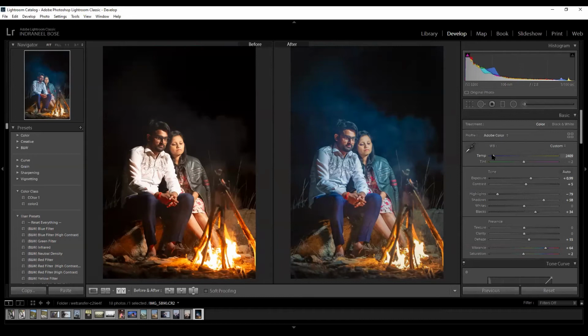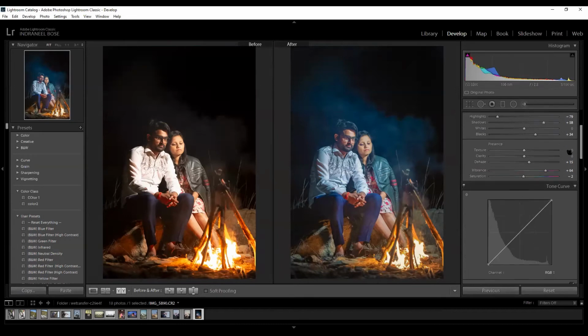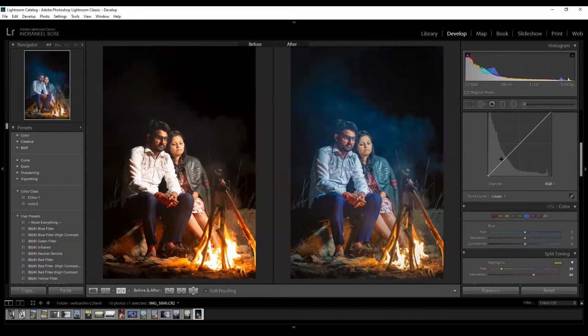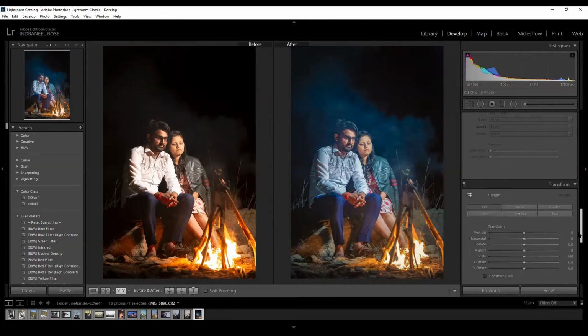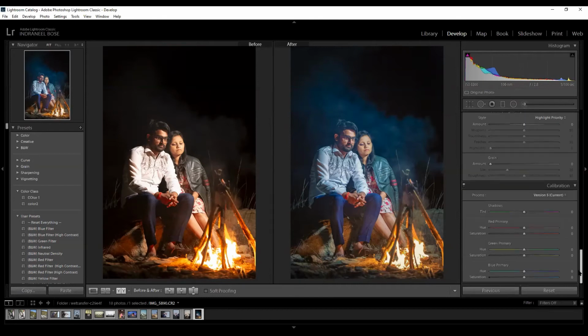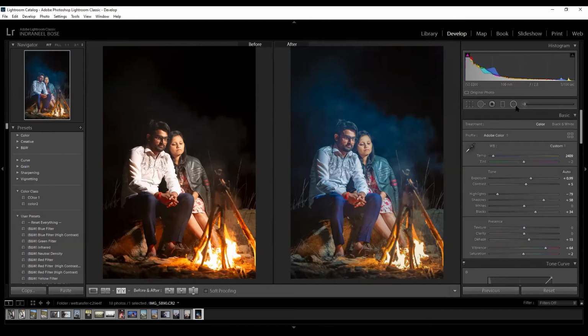You can see the temperature going down over here as compared to the original image. And we have increased the vibrancy, and the saturation is -2. We haven't done anything on the curves part. We have done a little split toning of the highlights and the shadows, and we haven't done anything on the calibration part. Got my point? Yes. And we have worked with the